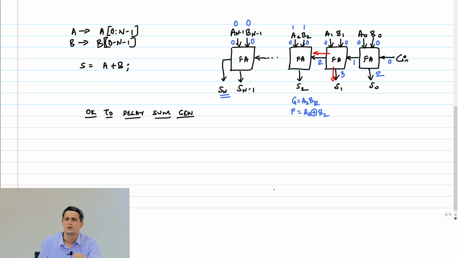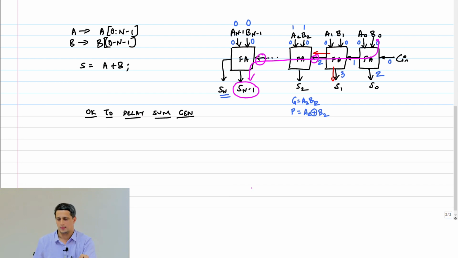Okay, so the maximum arrival time is obviously going to be for this particular bit. Now what is it going to depend on? Which arrival time is that going to be dependent on? You have An minus 1, Bn minus 1 and the carry in. Obviously this is going to be the max arrival time. Then this will be the max arrival time. So the critical path will basically be like this.